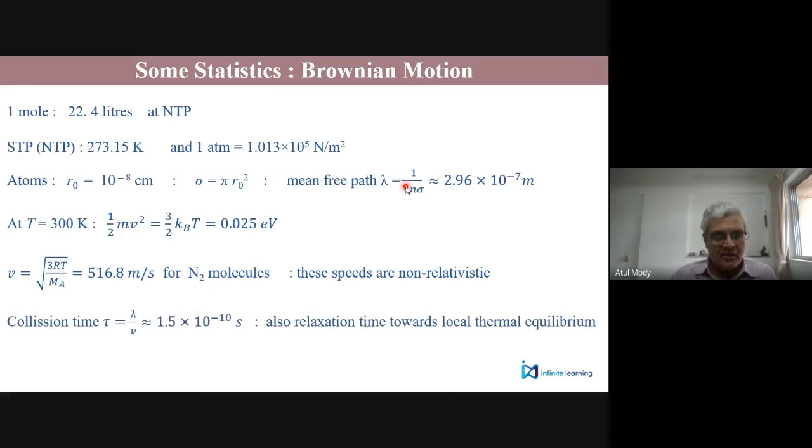The mean free path is the distance traveled between two collisions, the average distance traveled between two successive collisions. Then it would take around 10 raised to minus 10 seconds before it collides with another molecule. Now, this is too small a time, 10 raised to minus 10 seconds, compared to our scale, for us, even 1/10 of a second is